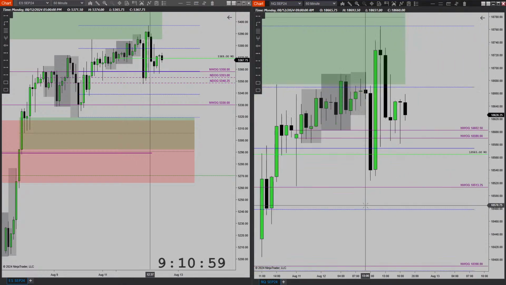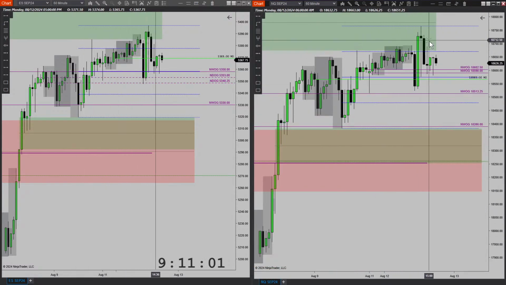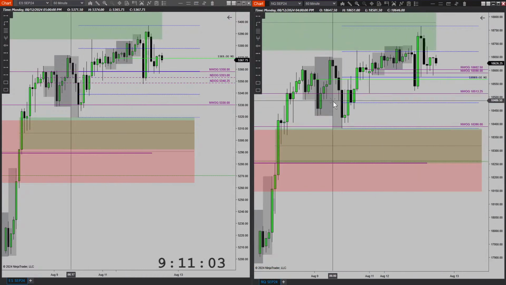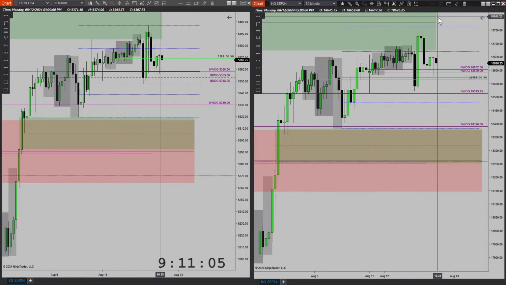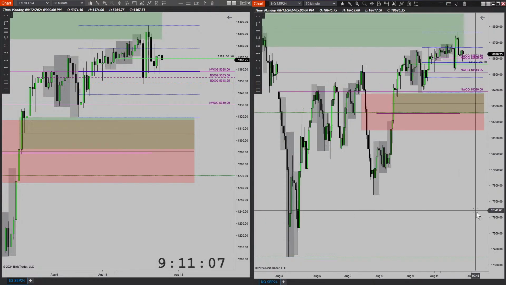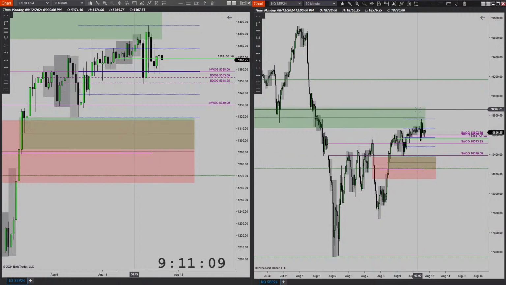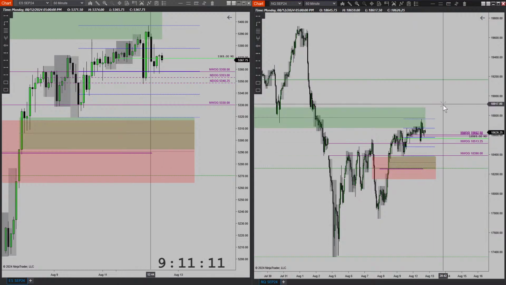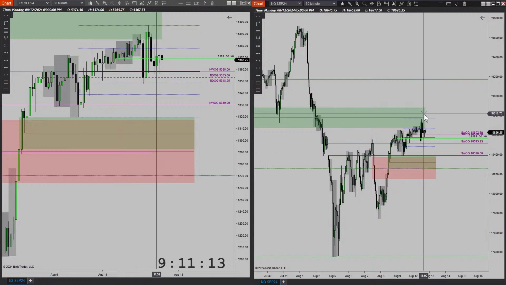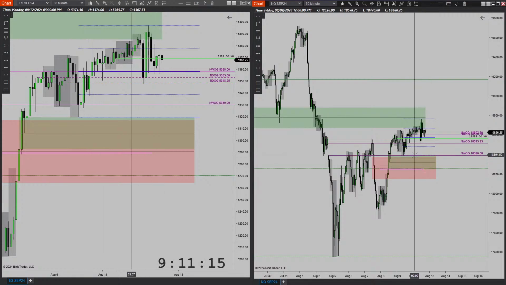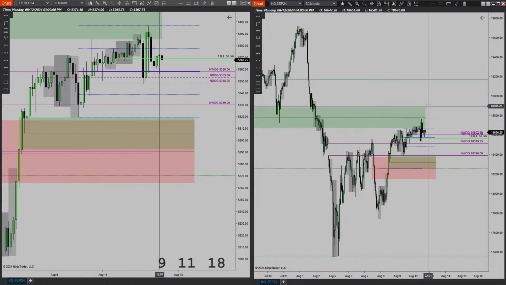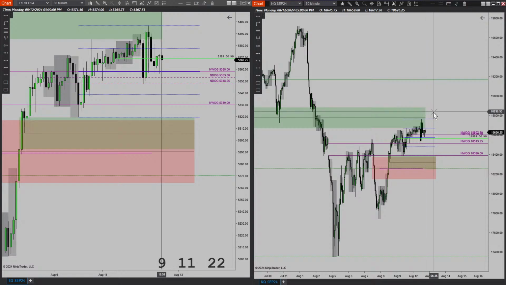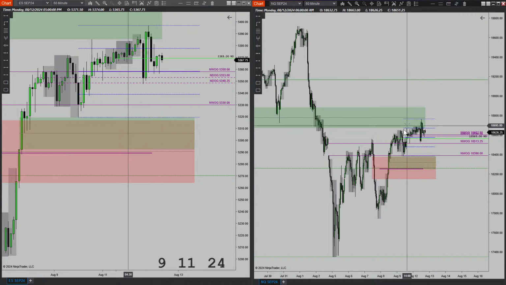Same thing with NQ, market maker sell model, buy side of the curve, and if price swept this high, then price draws lower. Now, if price continues to draw higher, no entry for me. No entry whatsoever, because I am still bearish where I want to target these lows. So I won't have a bias. I won't have a trade idea if price just continues to draw higher. That's fine with me. I'll just let it go.